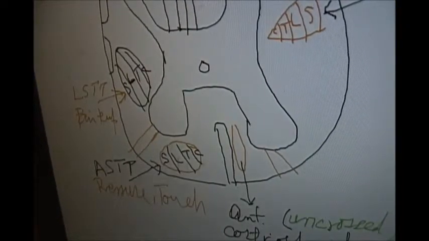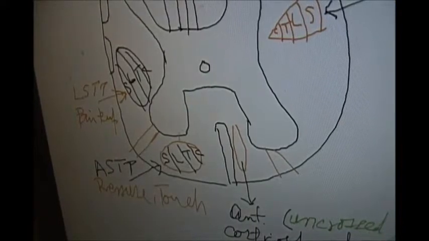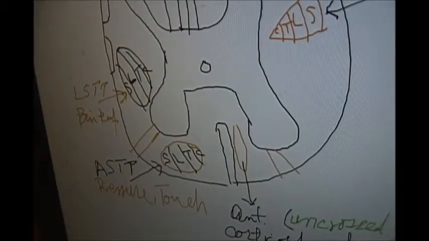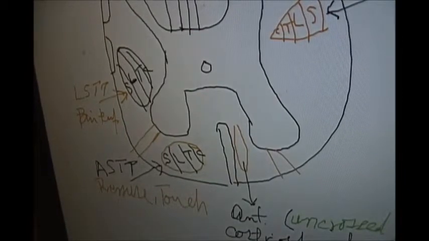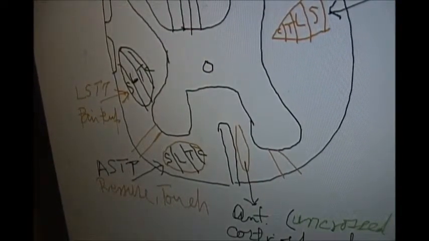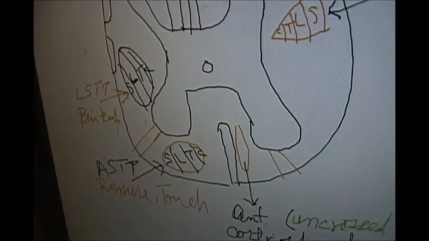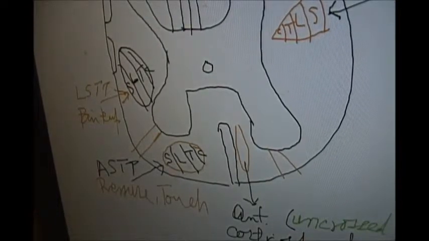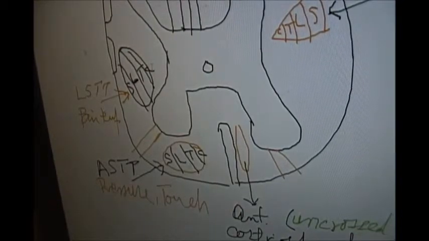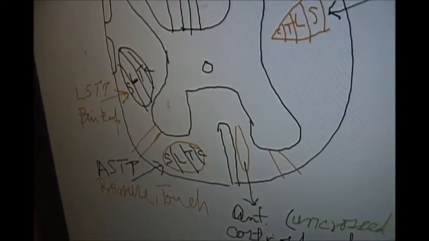So the anterior spinothalamic tract is anterior to the H-shaped grey matter, and the lateral spinothalamic tract is in the lateral white matter. Why? Because these fibers, the second order neurons, cross over at the spinal level. If you see the arrangement of fibers, the most lateral are sacral for both of them, in the anterior spinothalamic tract, and the most medial are the cervical fibers, represented by C, in both the lateral spinothalamic tract and